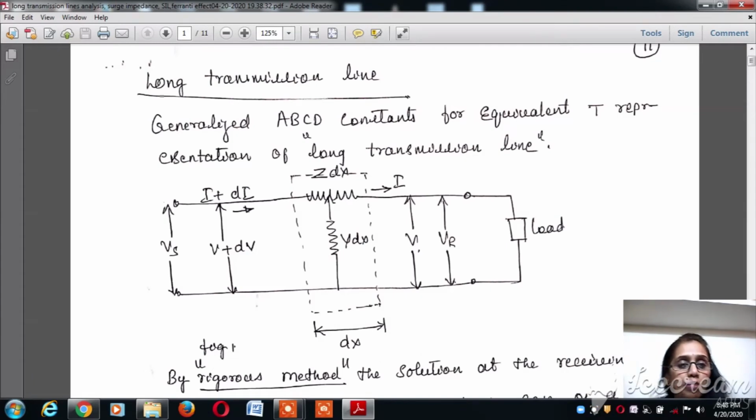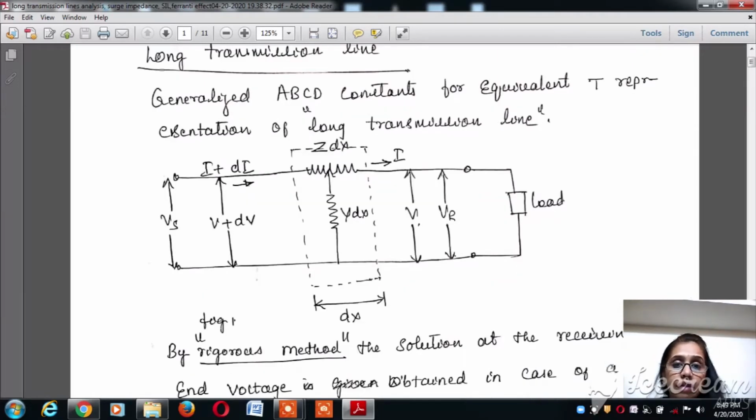Hi, welcome you all to the session on long transmission lines of transmission and distribution, which is a very important and a major challenge to all power engineers. When we design the long transmission line, we must keep in mind that the design can be made simple, and the long transmission lines can be represented with an equivalent model. For a long transmission line, we need to take the line capacitance into consideration. So we can consider the nominal T method and the nominal pi method, where the line capacitance is accountable and will be taken care of.